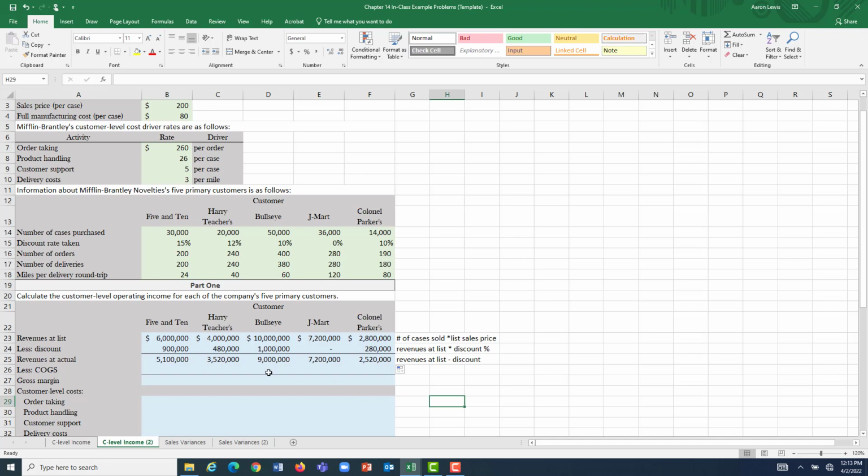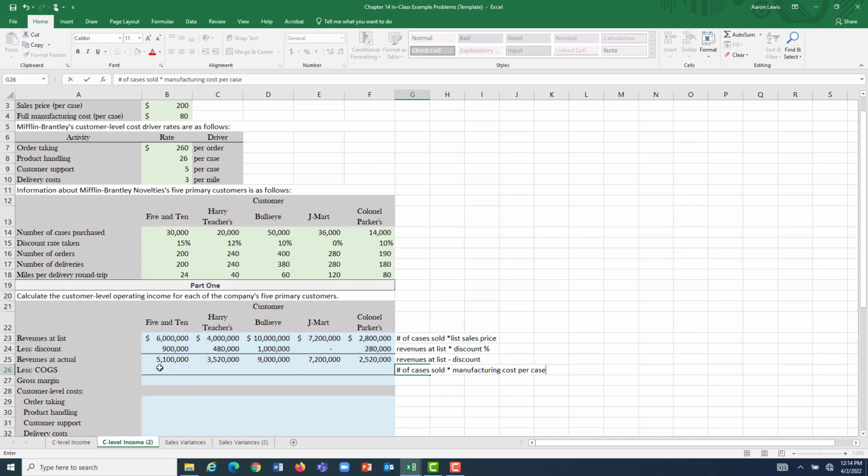$2,520,000. Now that I know what our actual revenues are, I can subtract out our cost of goods sold, and it gives us our gross margin, the amount of profit that we made from each customer, taking into consideration only production costs. So how do I figure out what the cost of goods sold that we would recognize for sales to each customer is? I would take the number of cases sold, and I would multiply it by the manufacturing cost